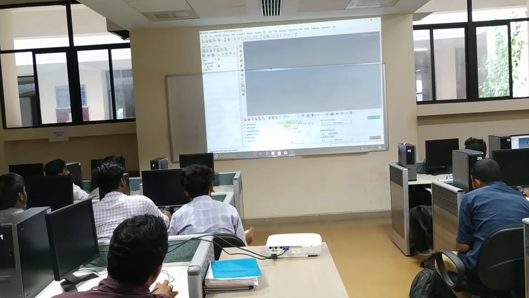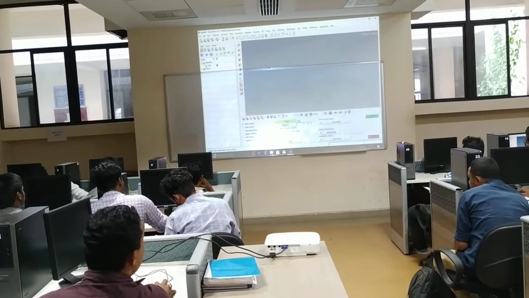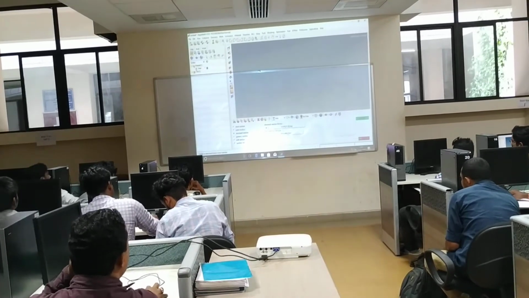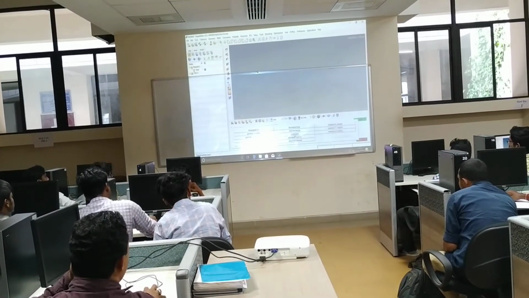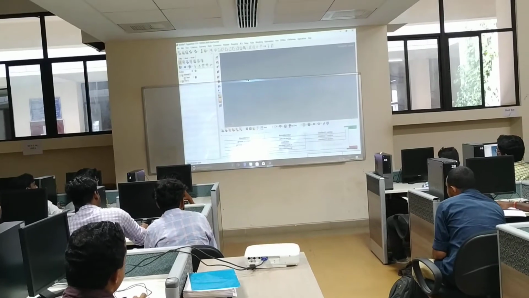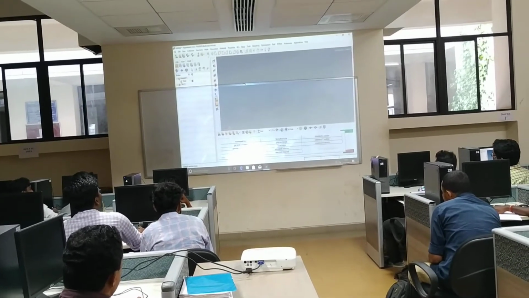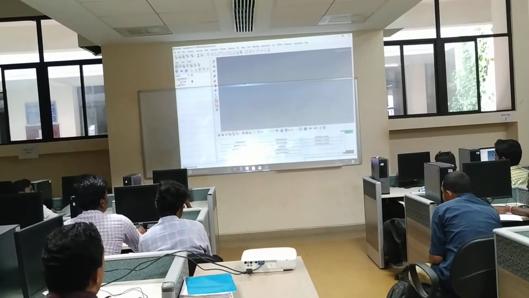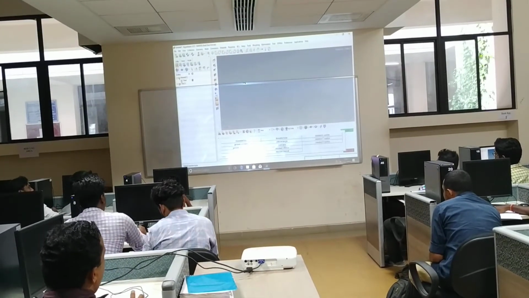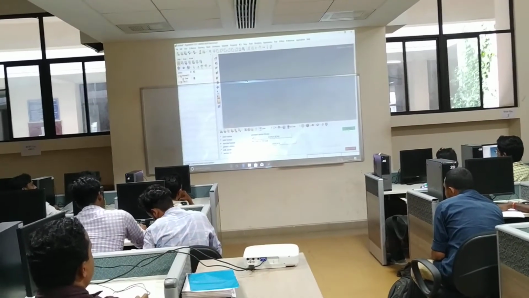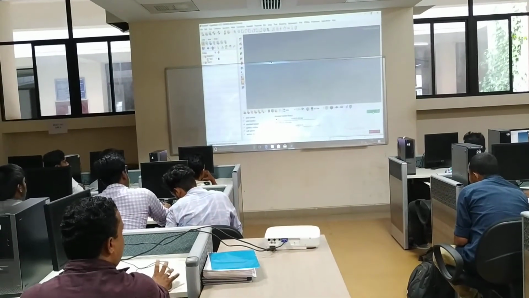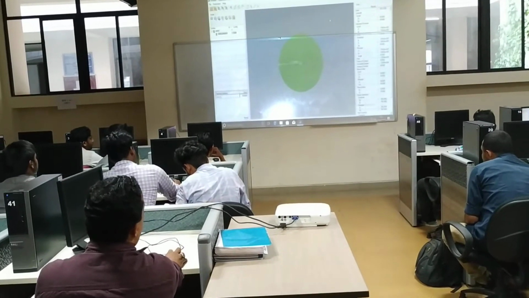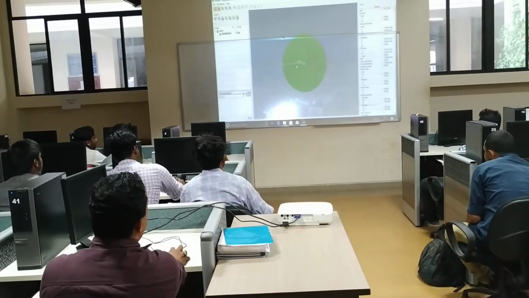You have to select standard section. In standard section, there are libraries. You have to select here. There are different classes: nice section, solid circle, solid rectangular, thin wall, L, T, H. So in our case, solid circle. Select solid circle, then click create. Then automatically it will open a new window. Default radius will be 10.